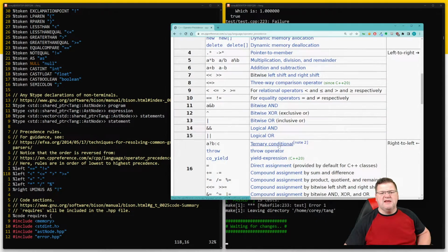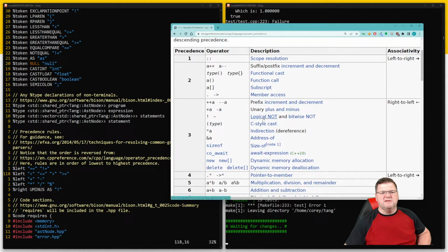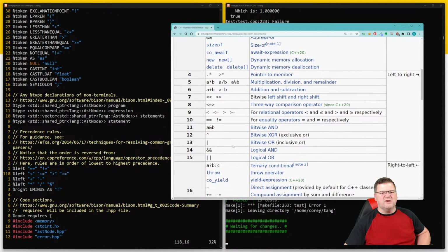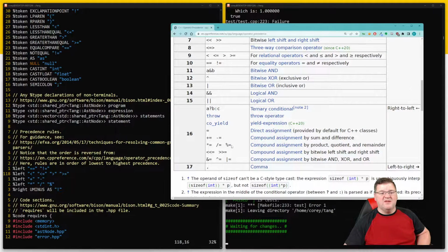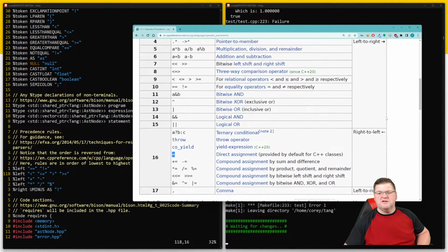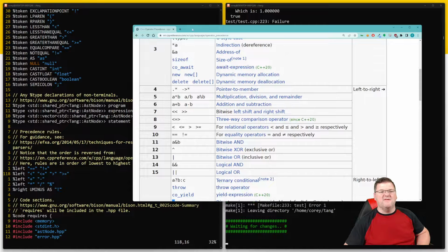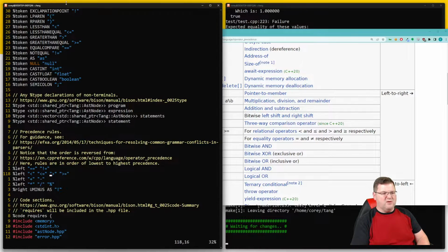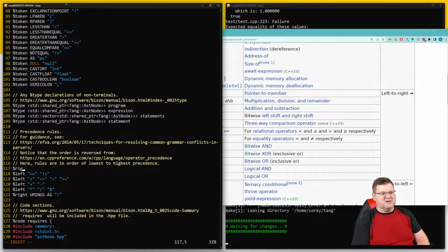And we can see that, again, I think the not is right here, and it's in reverse order. So what's at the bottom of this list will be at the top of this one, and the equal is here, and it is right to left. You want to do what's on the right hand side first. So we will put %right equals,